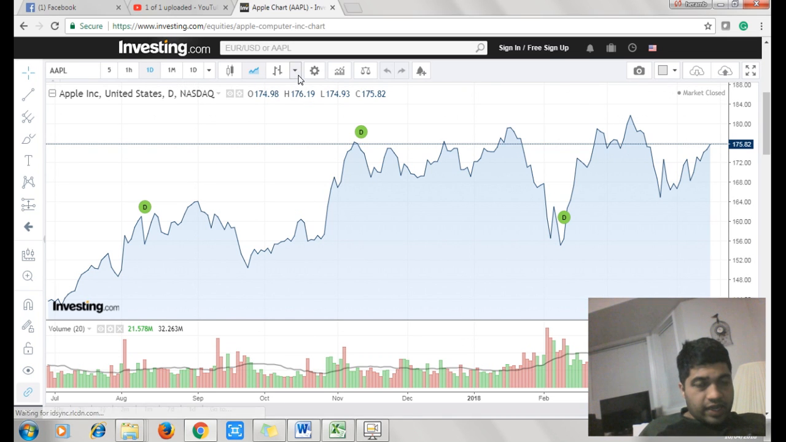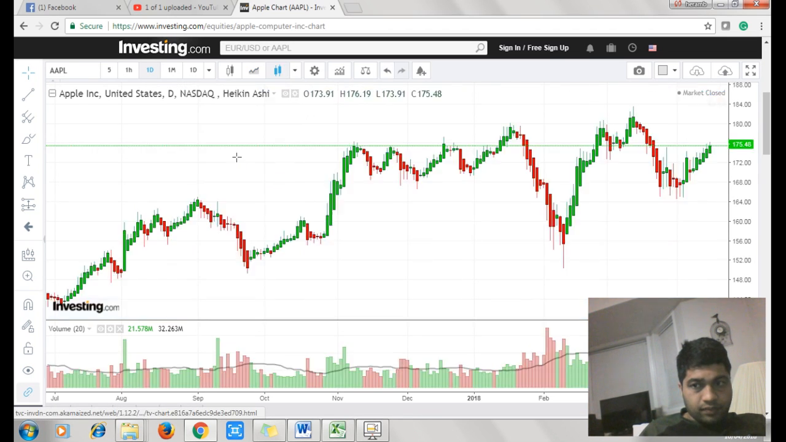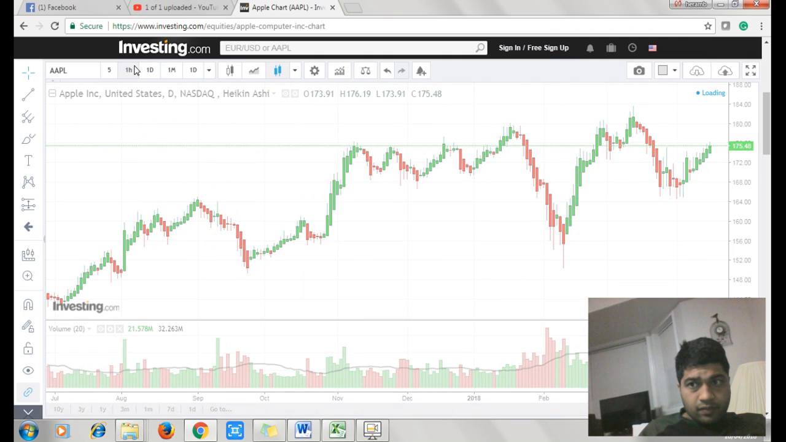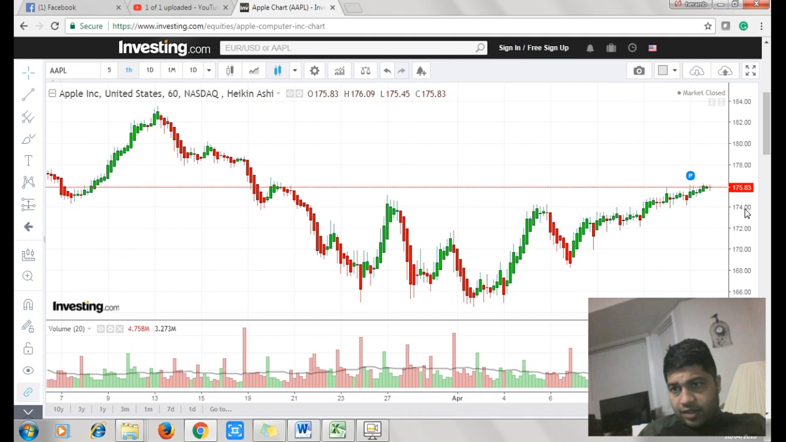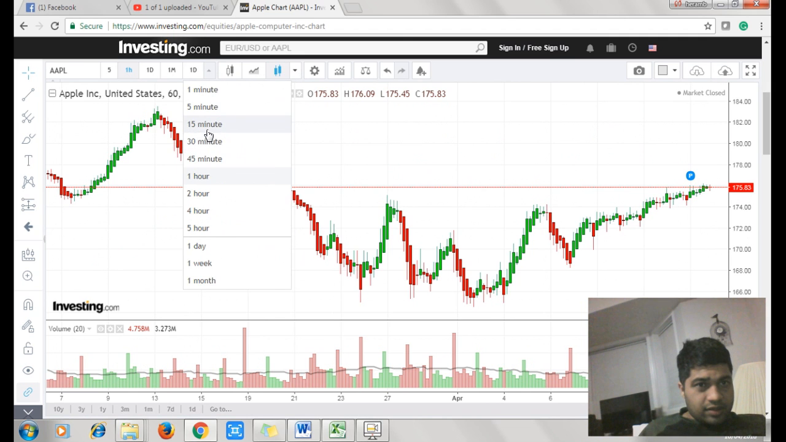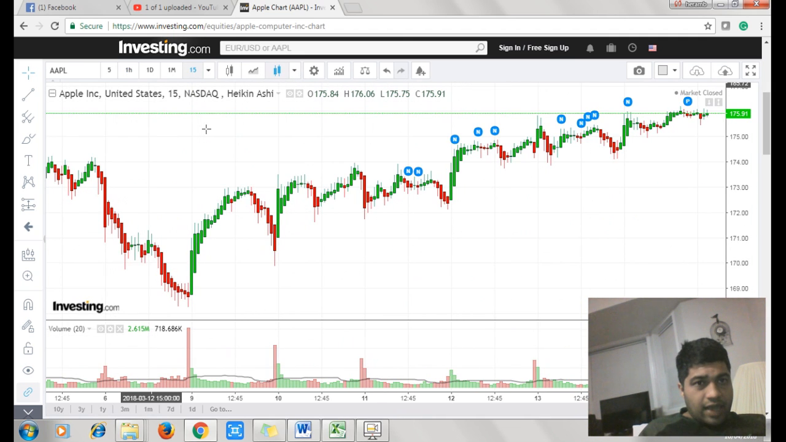We are looking at Heikin-Ashi. So daily is green, hourly is a small red, so downtrend. And let's look at 15 minutes. So we are looking at an intraday trade. Daily was green, hourly was red, and